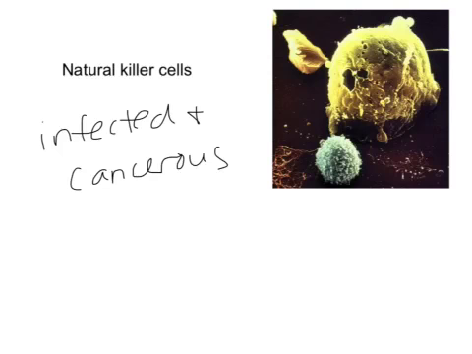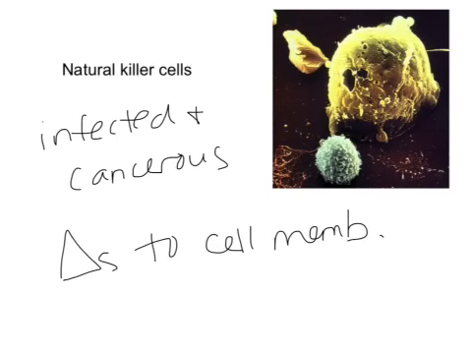Okay, so infected cells and cancerous cells will both have changes, remember triangle is changes, to their cell membrane or their plasma membrane. And so the natural killer cell recognizes those changes. And so that triggers the natural killer cell to secrete chemicals into the infected cell or punch holes in their membrane. So this is my natural killer cell here,